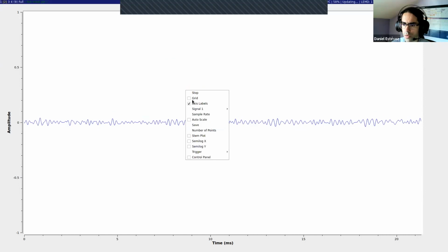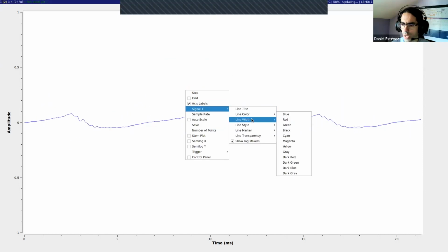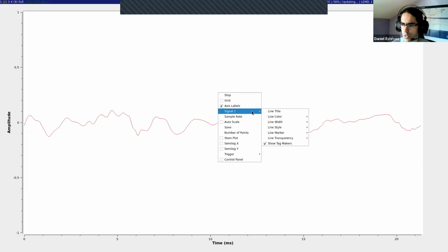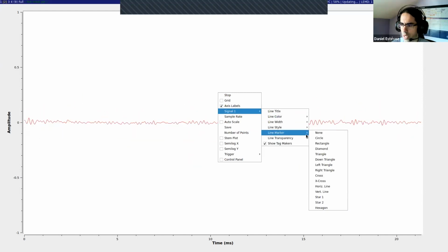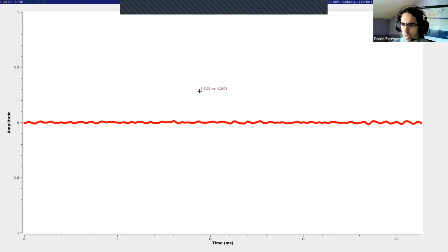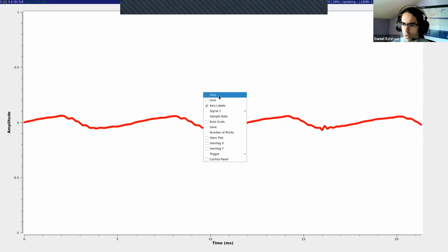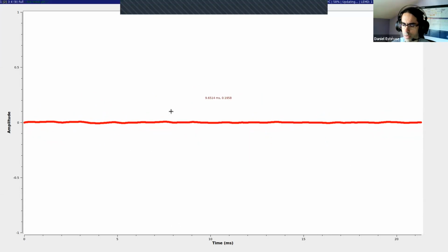We can resume, and we can also change some of the line properties, color, red, etc. We can display points, so for example, line marker, circle, and that displays points as circles. That's more useful if we want to zoom in, so let me demonstrate that. If we want to zoom in, we can